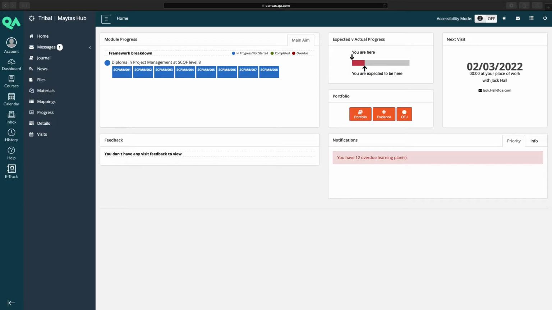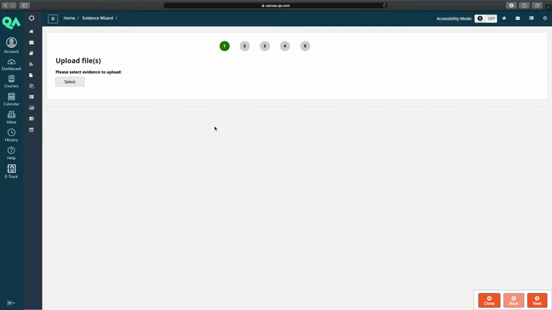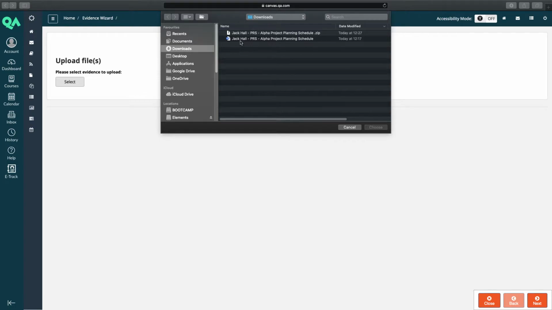So to upload evidence, what you'd do is you'd select the Submit Evidence button. So that is the orange button on the home page on Etrack. It's a wee plus symbol, says evidence on it. Click on that. You then want to select the file. So you click Select, and you want to pick your file. So the file we're going to upload here is this one. It says Jack